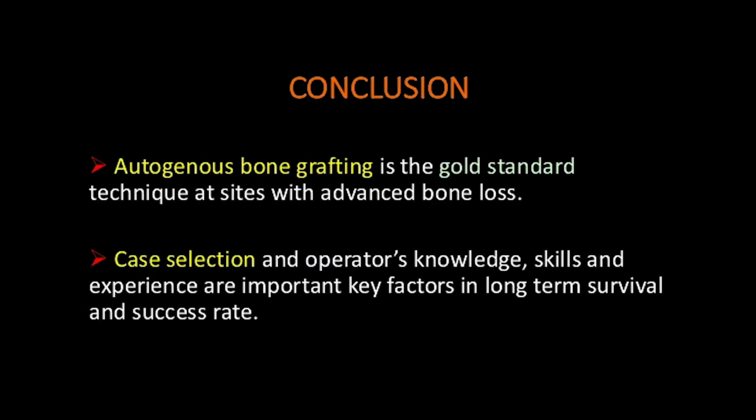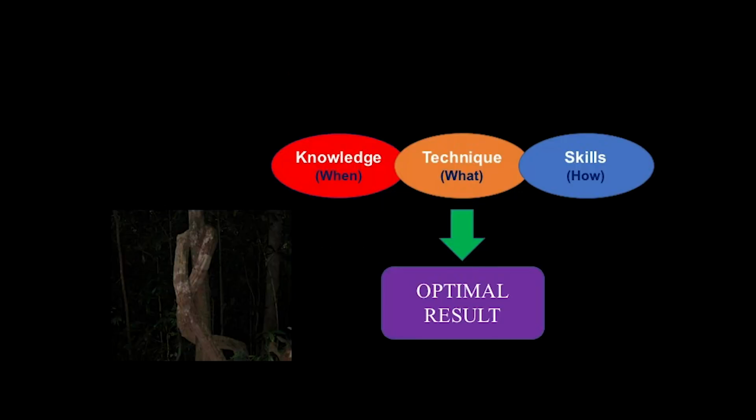Autogenous bone graft is the gold standard technique at sites with advanced bone loss. Case selection and the operator's knowledge, skills, and experience are very important key factors in long-term survival and success rate. So, for optimal results, we have to merge knowledge, technique, and skills to get the result you are looking